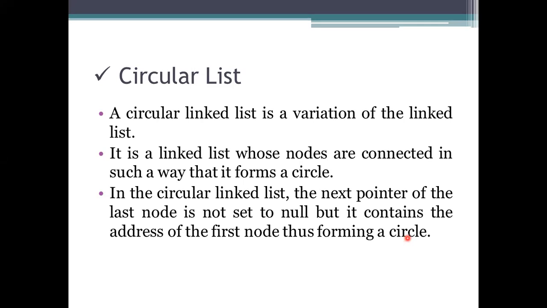Why is this the case? In the single linked list we have only the data and the pointer to the next node, the successor, but it does not have the previous node. That is the disadvantage. To overcome that disadvantage, we use the circular list. The nodes are arranged in a circular manner, meaning there is no end to it. In the doubly linked list also we have seen that there is no end to the last one.